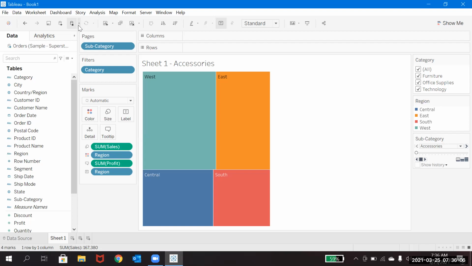So what you would like to do is pause that update, finish your work, and then resume it. In that case it helps you pause the auto update, so whatever it was updating every minute stops, and once you finish all the work, you can resume it. If you pause it, next time if you want to refresh, it will help you refresh that. If you resume it, this refresh option will go off.